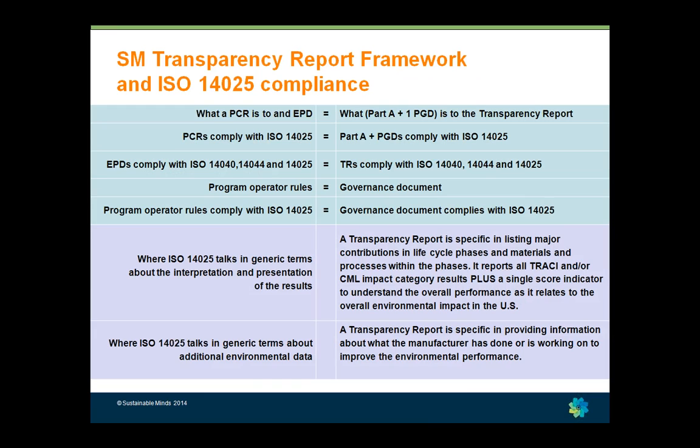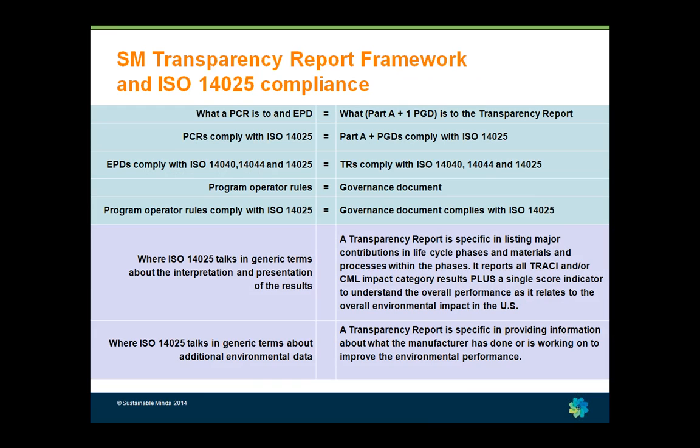It does not. The 14025, which I'm going to go into a little bit more detail on later, specifies certain impact categories that are mandatory, but they don't have the rest of them, especially those related to toxicity. They don't have to be there. Regardless, the transparency report reports all of the TRACI impact category results, as well as a single score indicator that helps the understanding of the overall performance